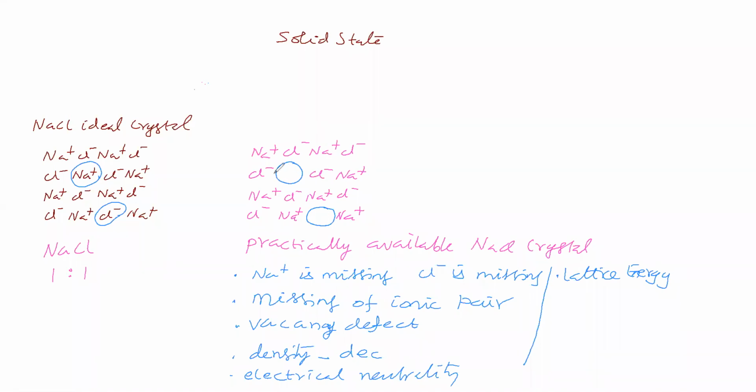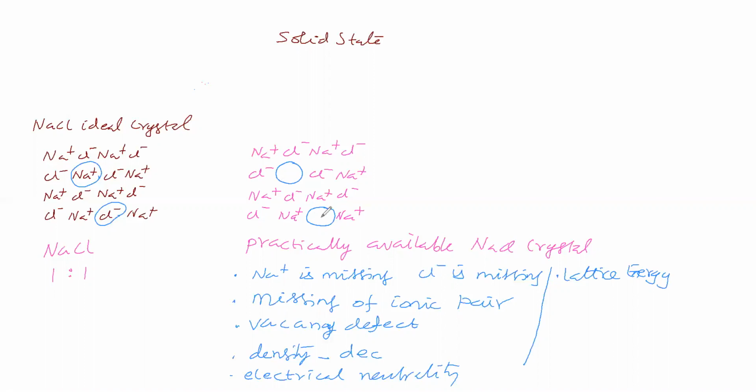Now here a vacant site is there, therefore attraction is disturbed. Here a cation is not there, so how will these anions attract at this place? If a cation is there, these anions will attract this cation. Since a cation is not there, these anions are unable to get attraction from here. Similarly, if an anion is there, these cations will attract this anion. Since an anion is not there, these cations cannot attract it. How will these cations get attraction from this place?